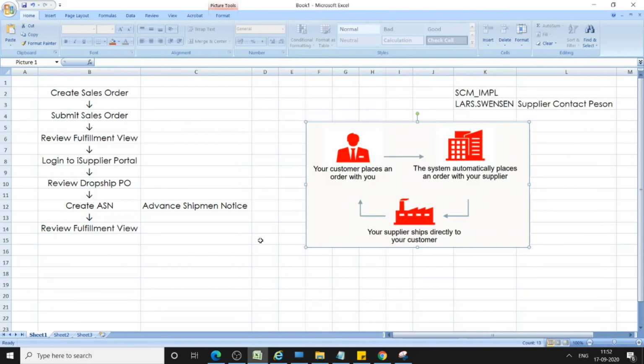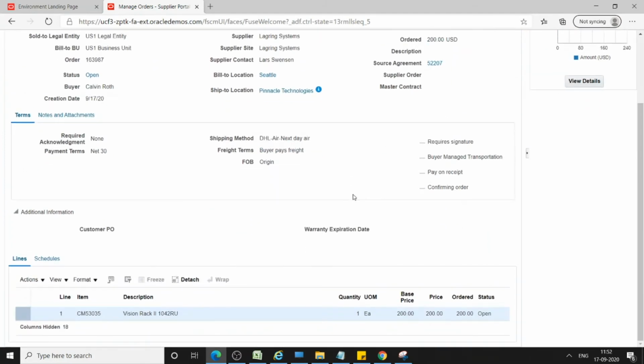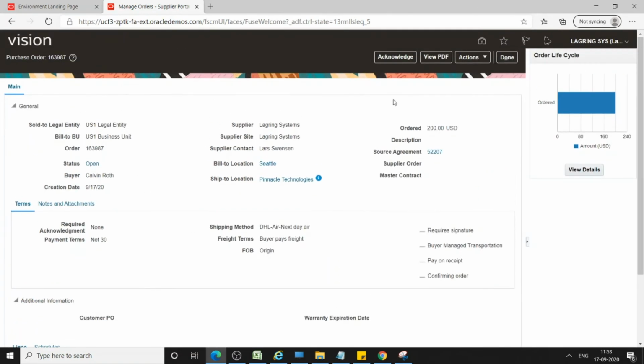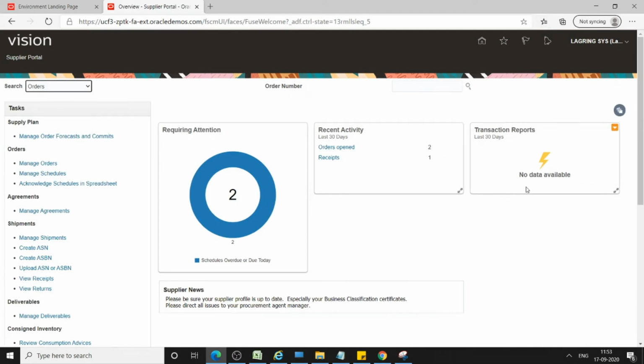Going back to the iSupplier, this is the purchase order number where the supplier contact person will review the details. Click on done. In this case, the supplier contact person is Lars.